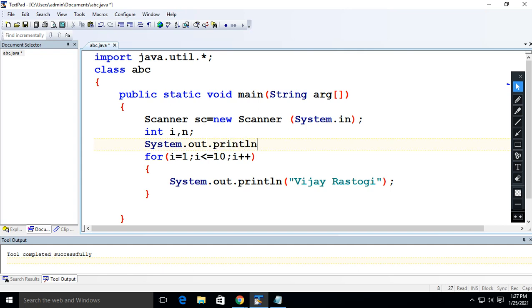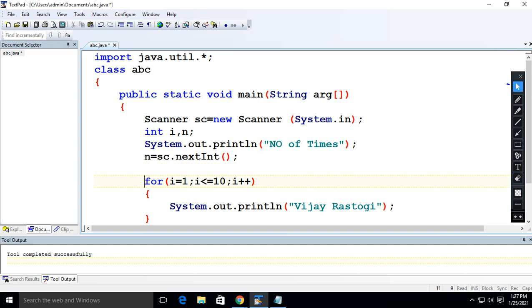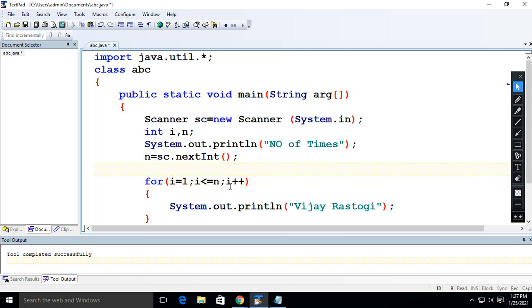After that, now you will ask the user to enter the number of times, how many times you want to print your name. So I said n times. For that we are using this nextInt. Am I clear? So now the loop has to start with 1 till where? Till the last condition, or you can say the test condition, that is n here, and then i plus plus. Let me execute this program.